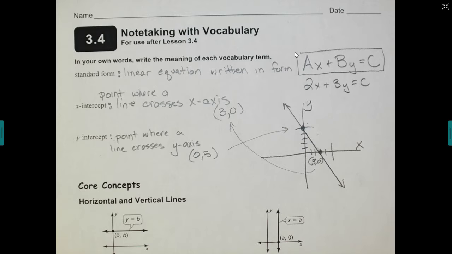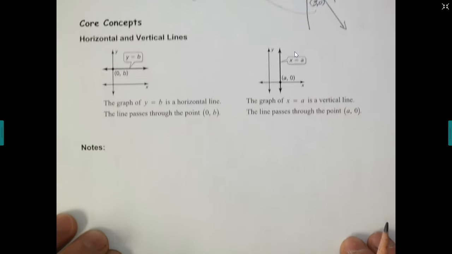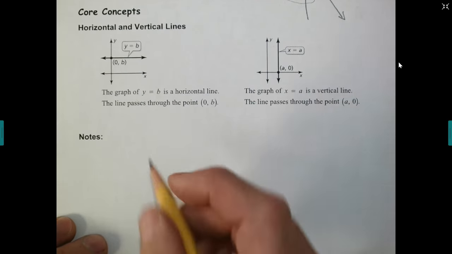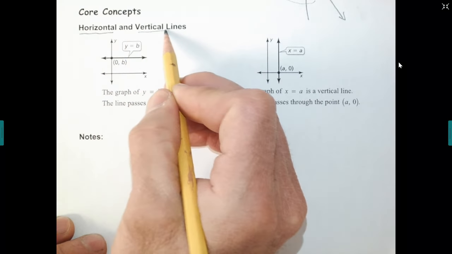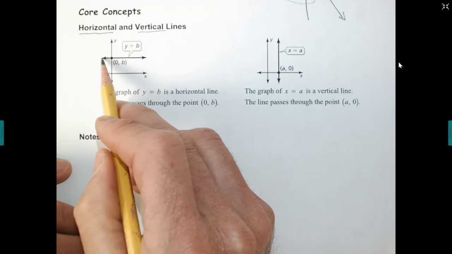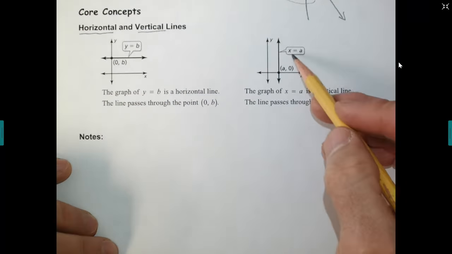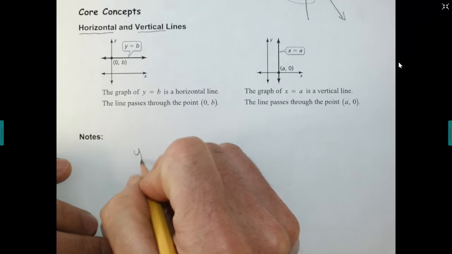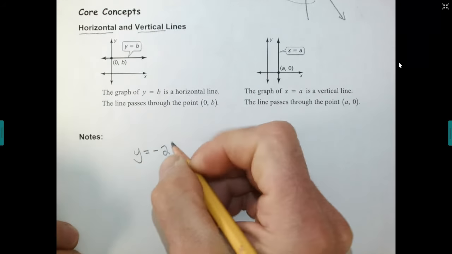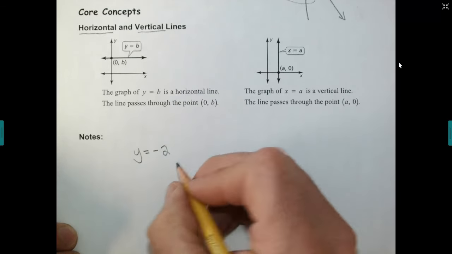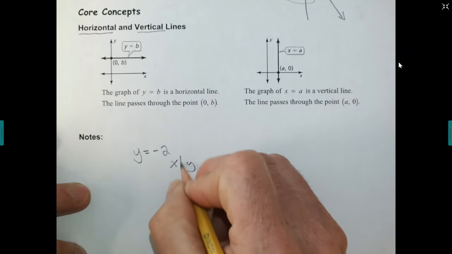Okay. Now, take note of this, please. This is an important piece that students wrestle with every single year. Horizontal and vertical lines. If I have y equals a number, I'm going to have a horizontal line. If I have x equals a number, I'm going to have a vertical line. Let me show you what I mean. If I have y equals negative 2, that's a linear equation. And if I write out a table for this, x, y,